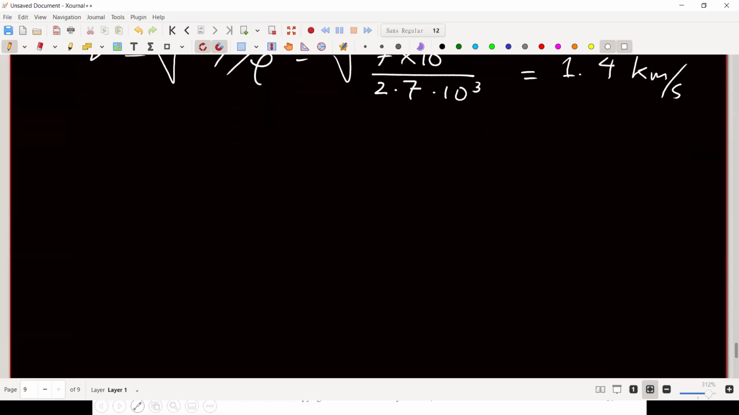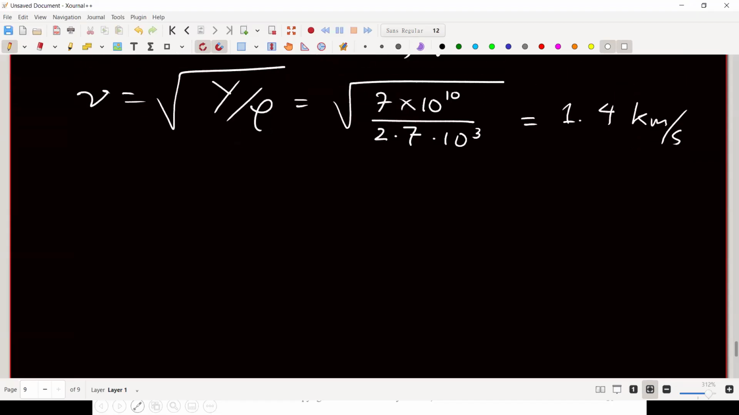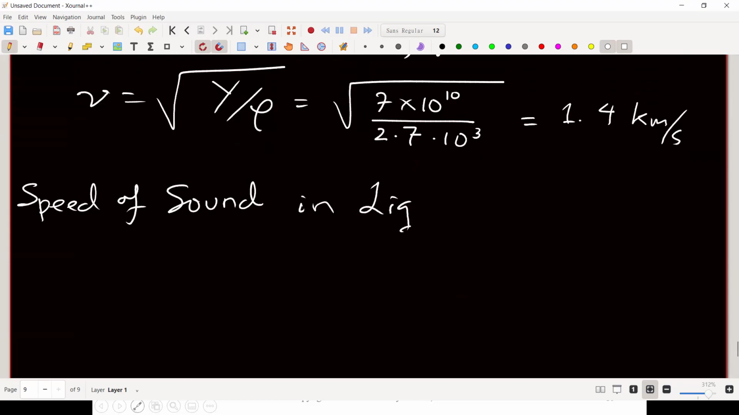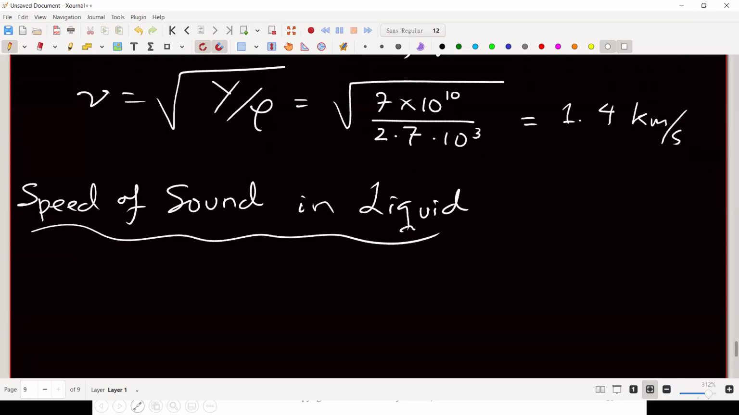And then the example of speed of sound in liquid. Okay, for example, if we want to measure the speed of sound in water. Speed of sound in water, we know that the bulk modulus of water is